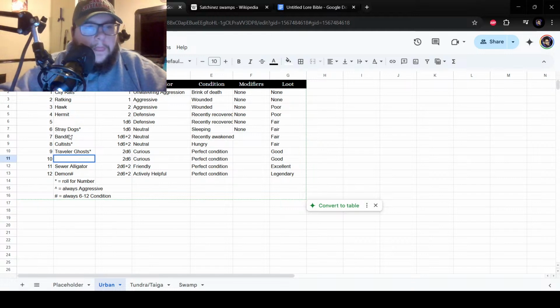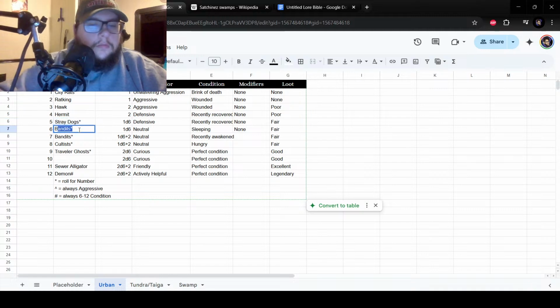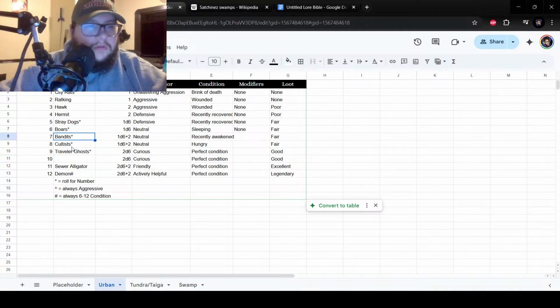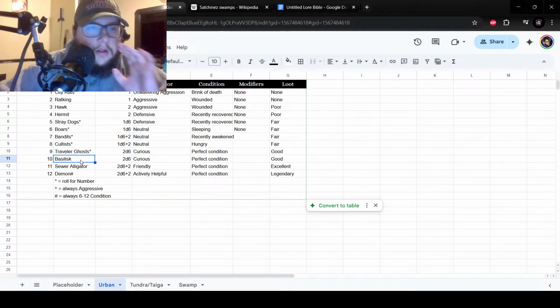Honestly, on the low end, I'm gonna move stray dogs up, and I'm gonna put boar here, and it'll be like a boar got loose in the city. So now I need a group of something down here. Group of something on the high end. I haven't even considered this a thing in this, but I'm gonna make it boars plural, and I'm gonna just type this, and it may not be the case. We may not do that, but I kind of just got maybe